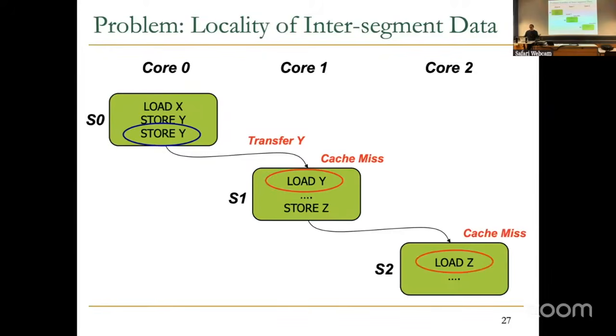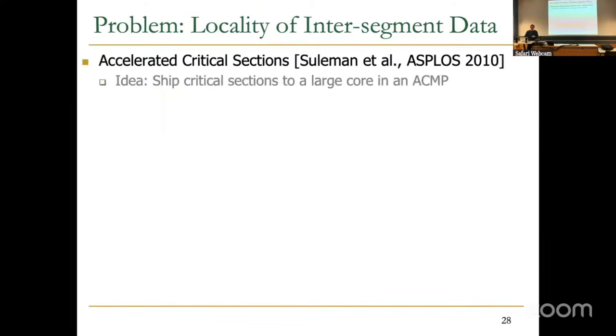Okay, so as stage 2 executes its load z, it will also get a cache miss, because this is really a communication miss. The data is produced by a prior stage. In this case, it's nicely produced by stage 1. But it doesn't have to be. It could be produced by some other stage also, right? Maybe stage -1. It's not in the slide. Okay, basically,